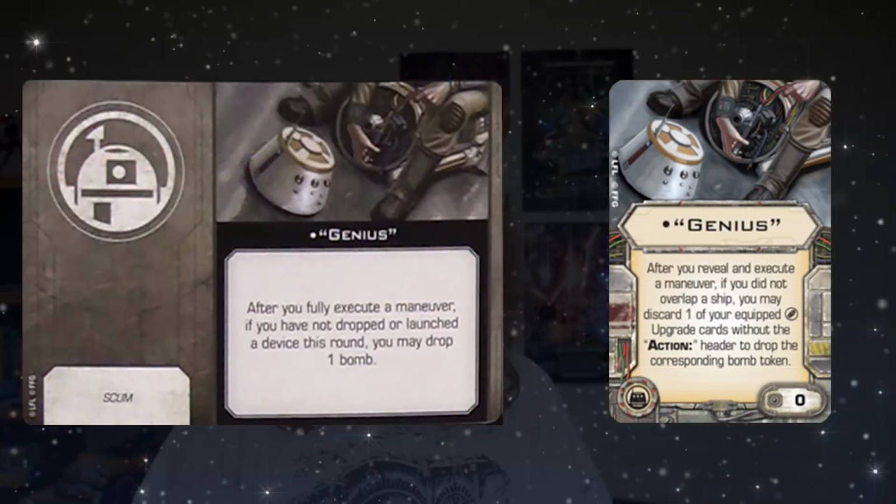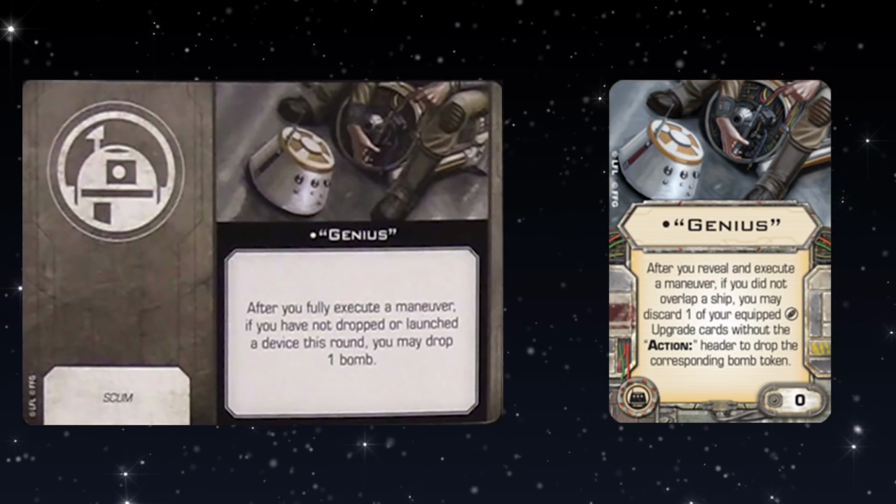I thought Genius was something that FFG definitely didn't want to play around with in 2nd edition, and it really got me thinking, which is why the other day when we were talking about all the unique Scum crew, I said I'd make a separate video. This is that video. So before we talk about anything else, let's take a look at this new version of